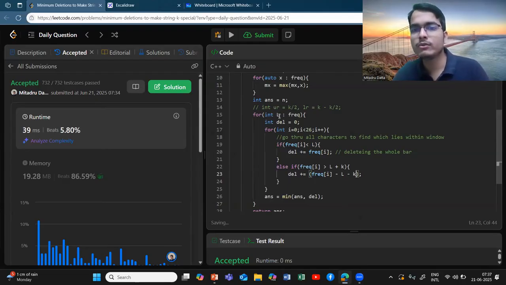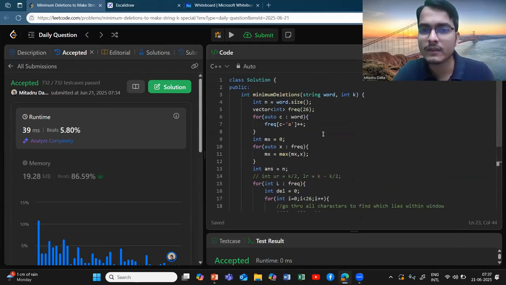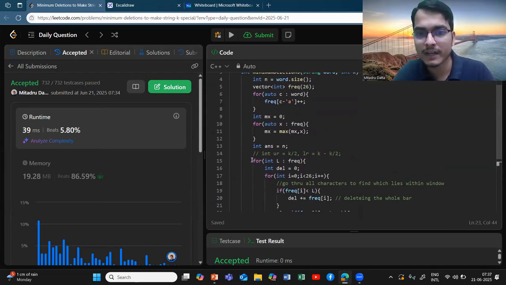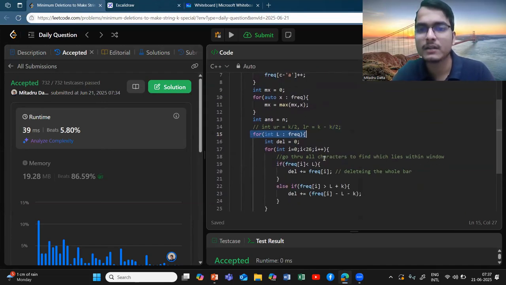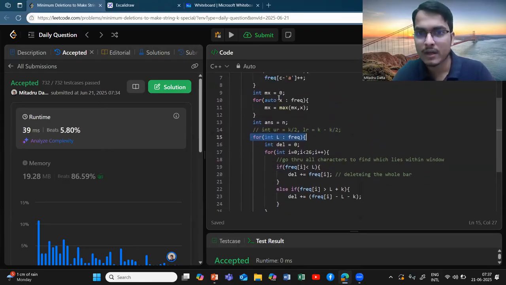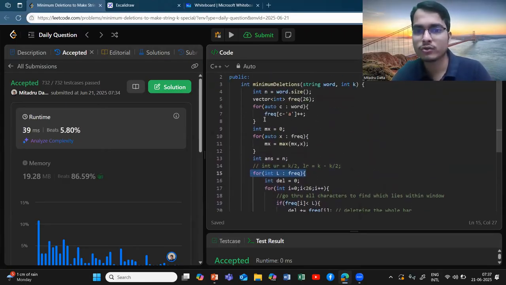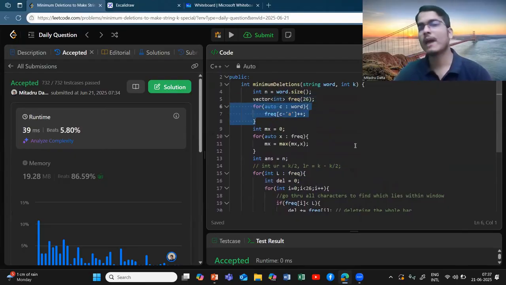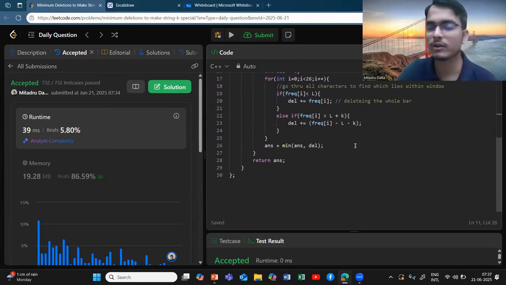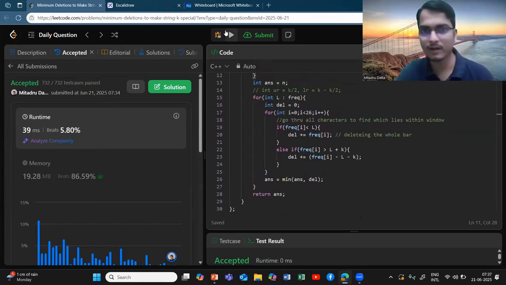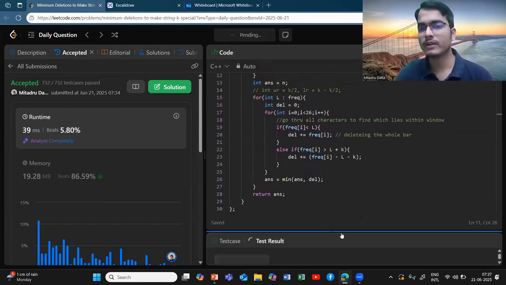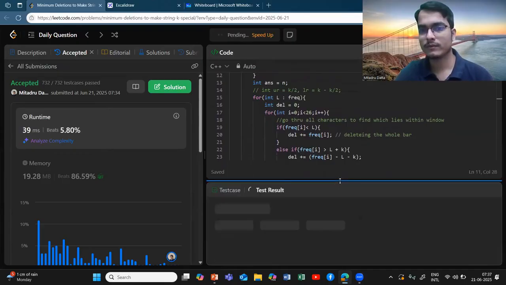So if you try to do this, you see L is iterating through the frequency array only. So this loop, instead of n, becomes 26 cross 26. But anyways, you need to go through the n, right? You are creating the whole map, so anyways you are going through the whole string. So O of n you cannot avoid. So if you try to run this code,